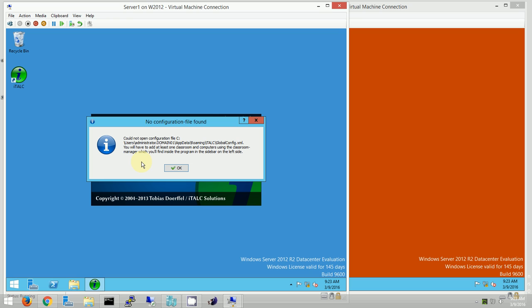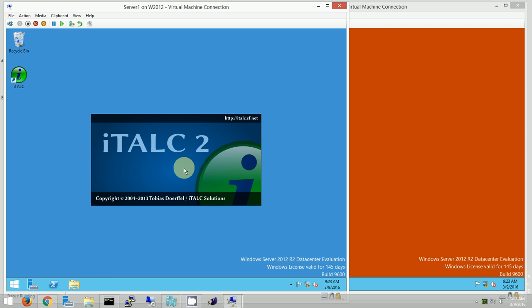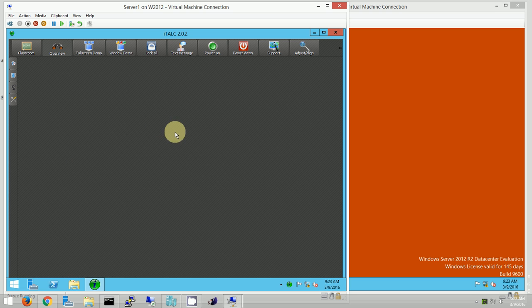But if I have a lot of different users logging in, I could take this and toss it into the default profile. So any new teacher would automatically get a copy of the configuration file in order to use that in that classroom. So that's a nice thing to do. So I'll say OK to this, and it's actually going to create a default configuration file for me. And I can start to set up the iTALC